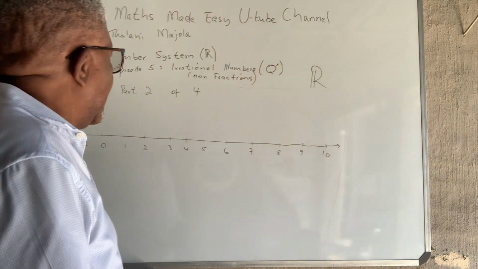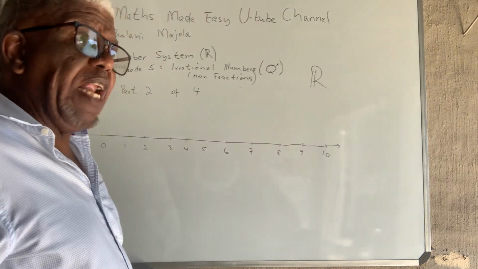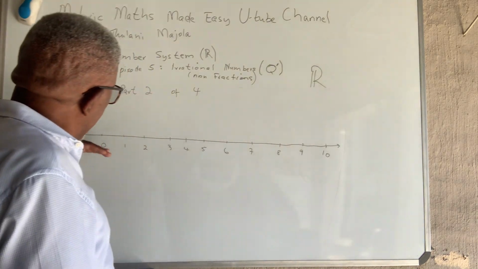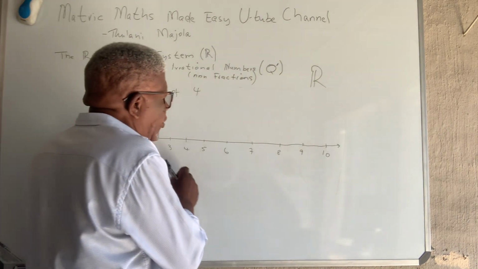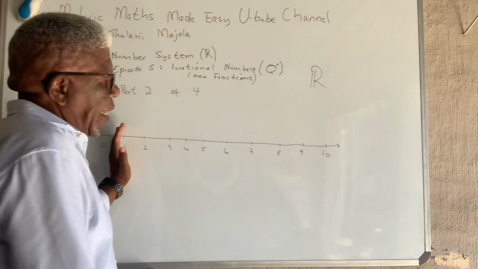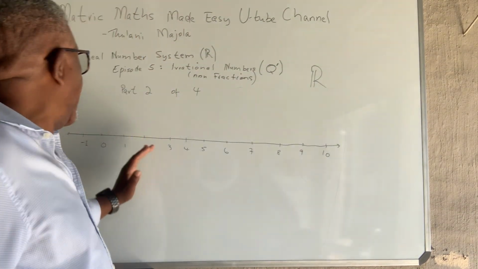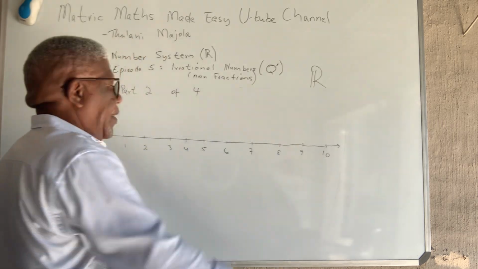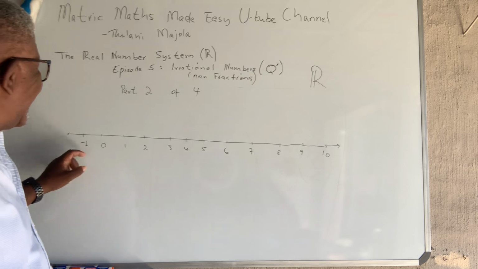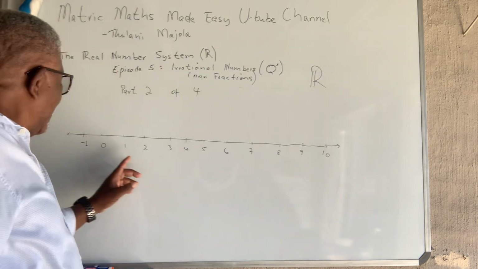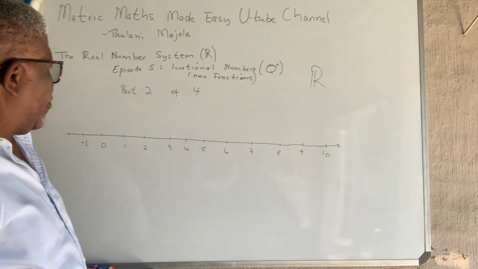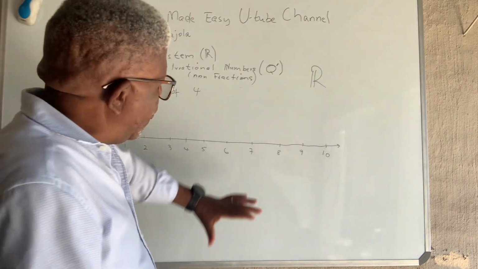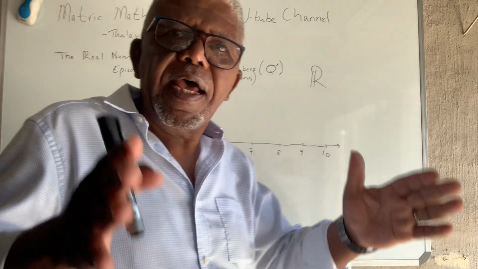Now, what I've done, I've gone back to episode 1, where I discussed 1, 2, 3, 4, 5, natural numbers up to 10. But this time around, I include the whole numbers, 0 up to 10. And then I also include the integers, so the -1, 0, -1, -2, and the like. Because I'm no longer dealing with only these numbers, even though I'm illustrating to you with these